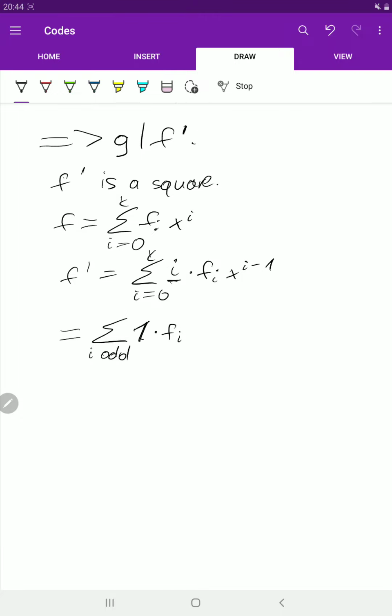so this is a square, and because we are in characteristic 2, we can just take squares out of the sum, and we get that f prime is also a square. So yeah, that's it. We could also, maybe let me write it so we get,